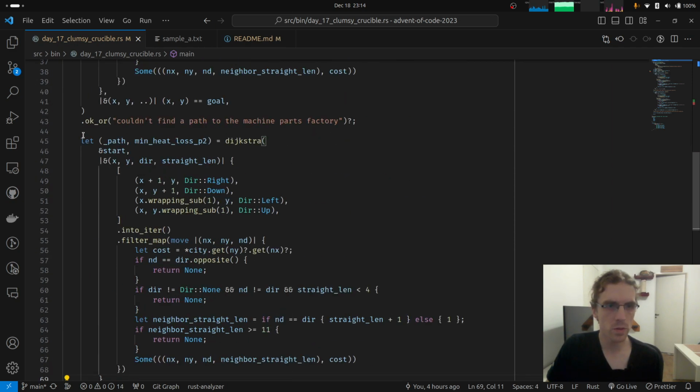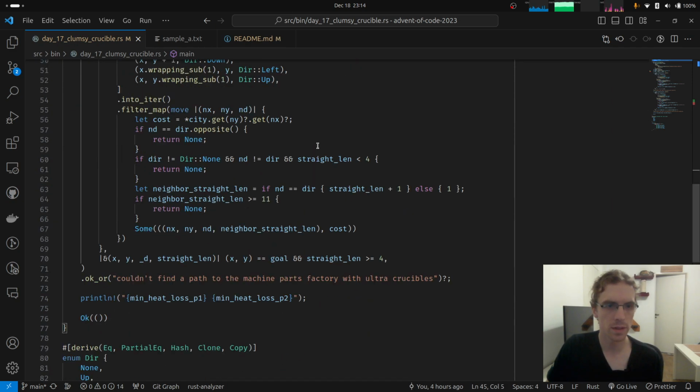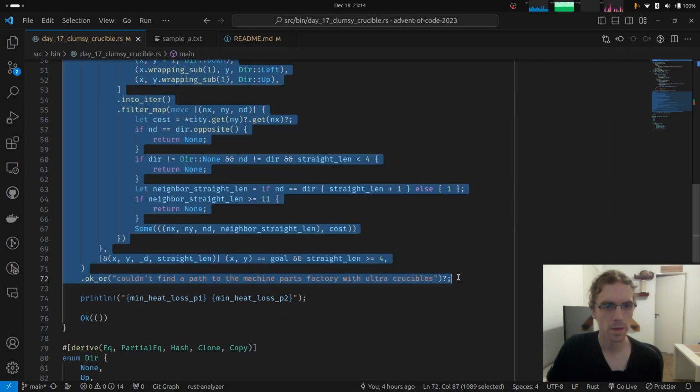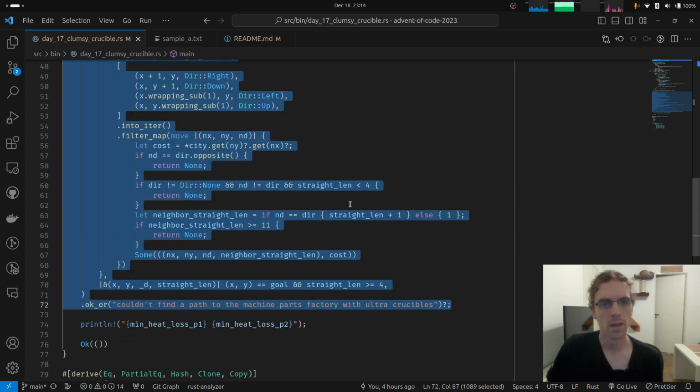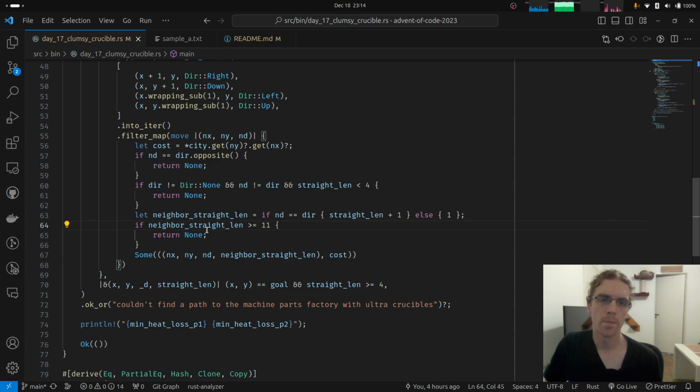So basically I'm going to copy the part 2 solution, because this actually has the two conditions. Part 1 and part 2 are basically the same thing, you can think of them in the same way.